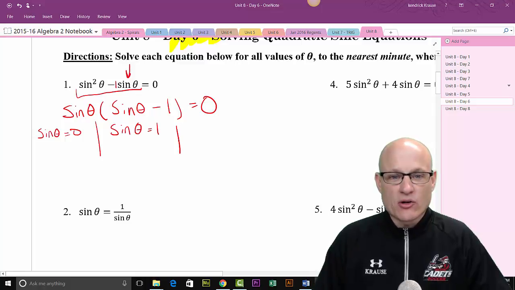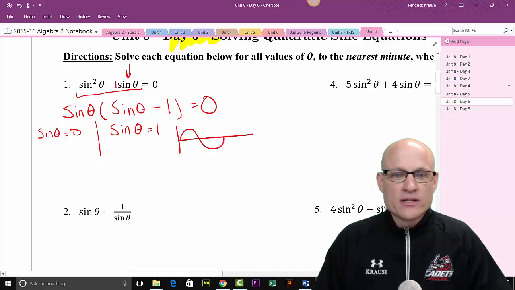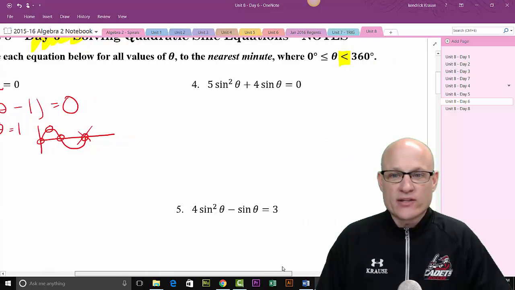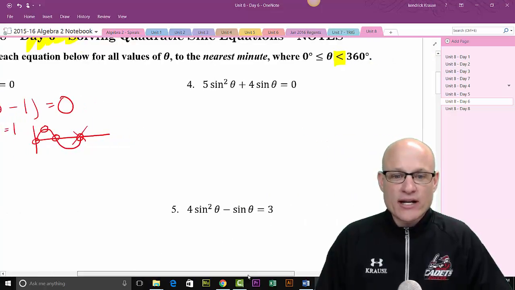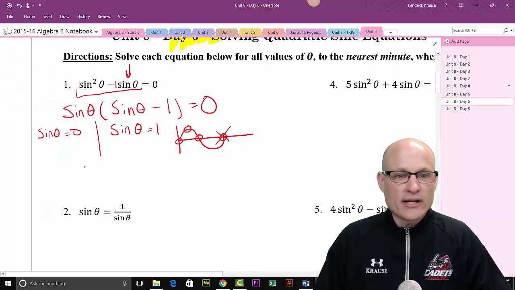Well, anytime there's 0 or 1, I want you to draw that quick sketch of that sine curve like this. And it's at 0, 180, and 360, and it's at 1 at 90. So those are my answers. Wait a second, I can't use 360 because it said strictly less than. So we're not able to add 360 in. So my answers are 0, 90,